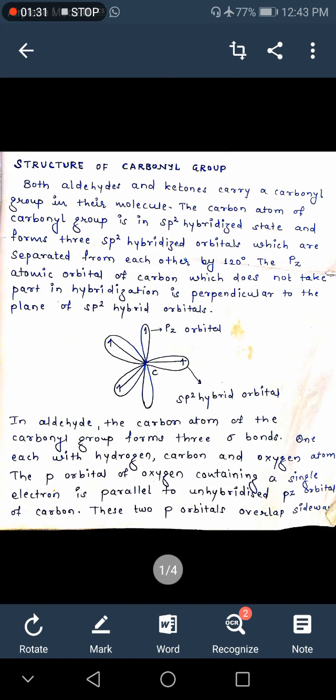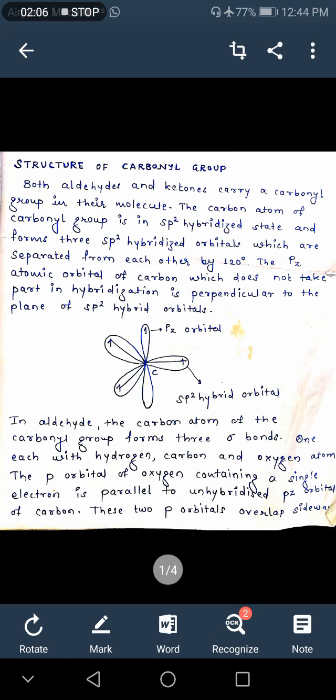The atomic number of carbon is 6. So the ground state electronic configuration of carbon is 1s2, 2s2, 2px1, 2py1 and 2pz0. Now in this condition, first excitation takes place. So one electron from 2s gets excited to the 2pz orbital. The new excited state configuration of carbon becomes 1s2, 2s1, 2px1, 2py1 and 2pz1.